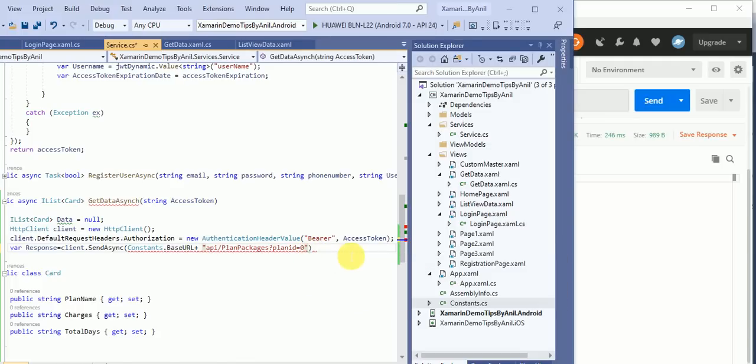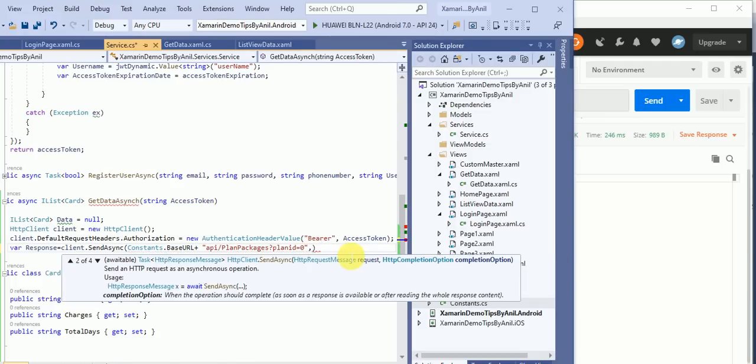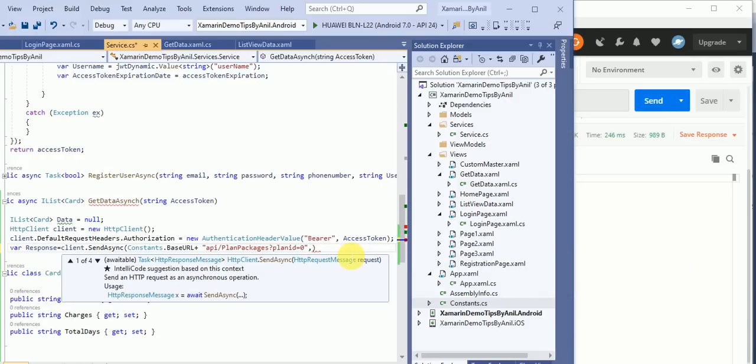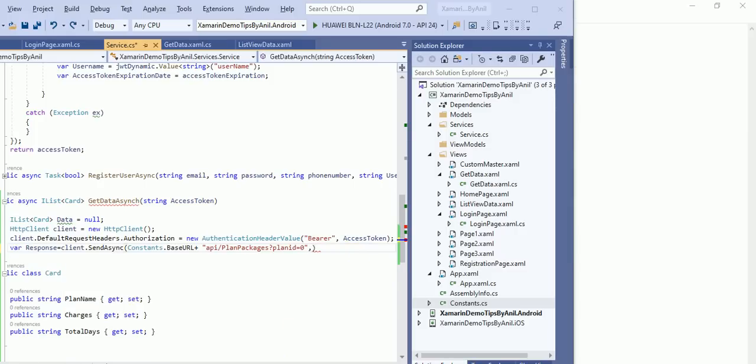We have a different parameter to pass. Here we are not posting, we are getting, so this will be GetAsync, not send.